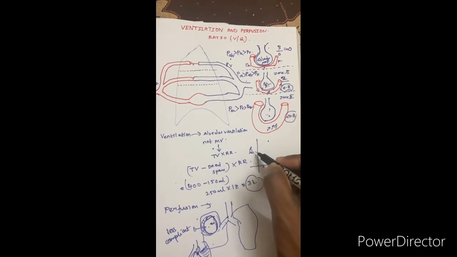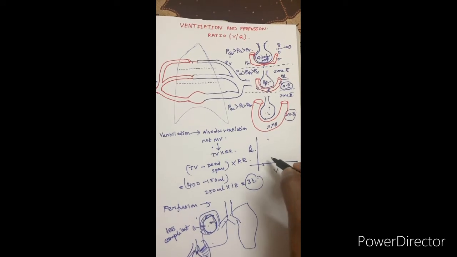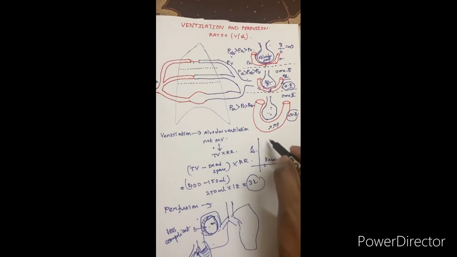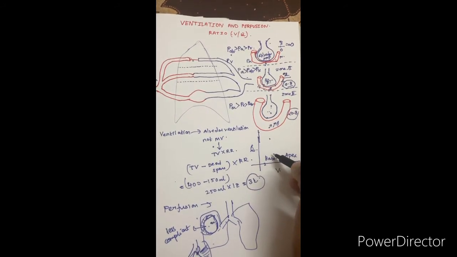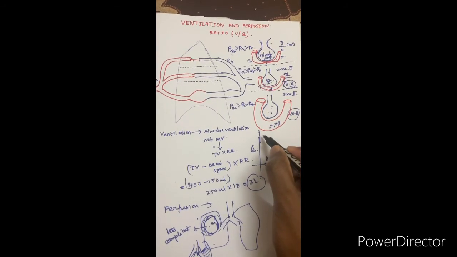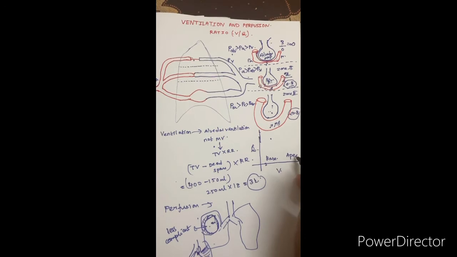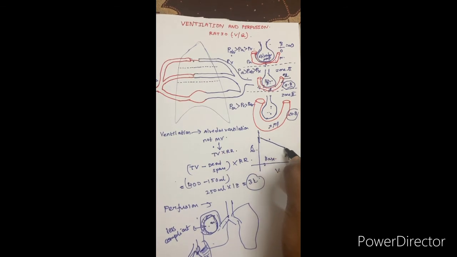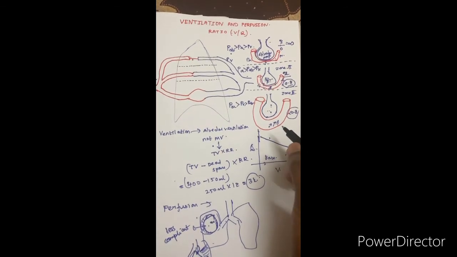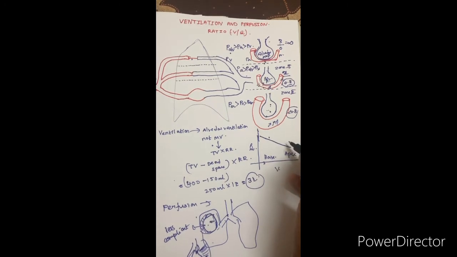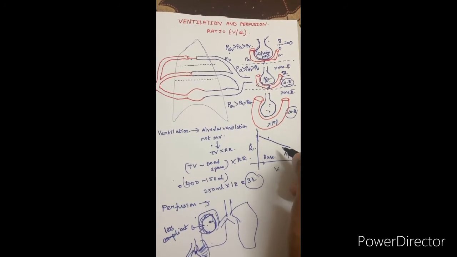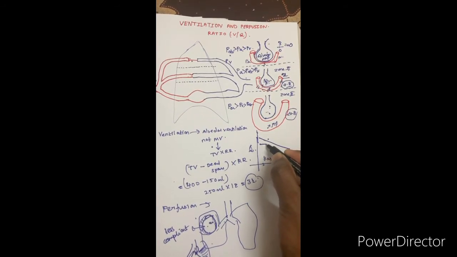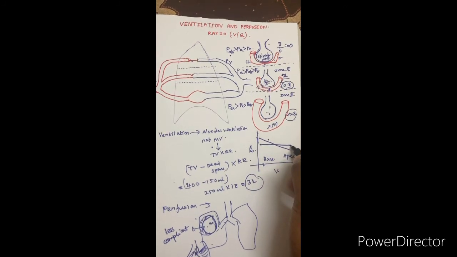I mention Q, that is perfusion, and here is the ventilation segment. Here I am marking the base of the lung, and here the apex of the lung. Where will the blood flow be? The blood flow will be more at the base of the lung compared to the apex because of gravitation. The ventilation, the gases which are coming, is more in the apex of the lung. So the ventilation will be more in the apex of the lung.